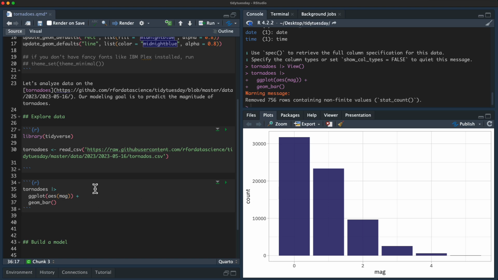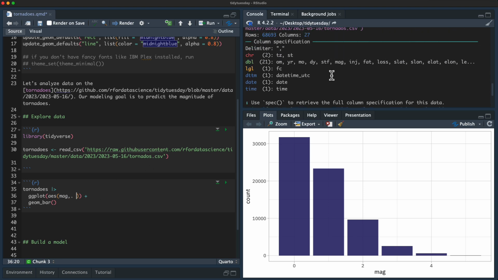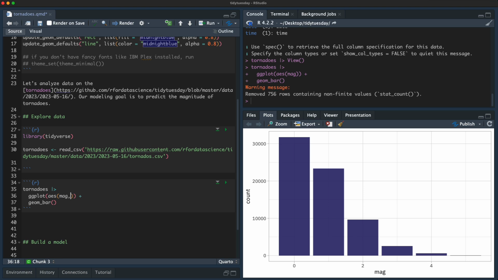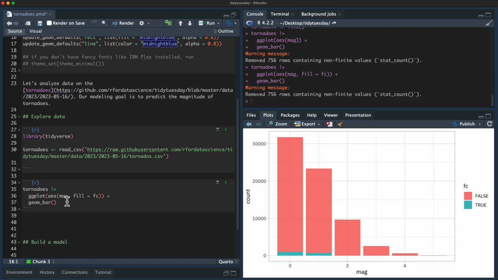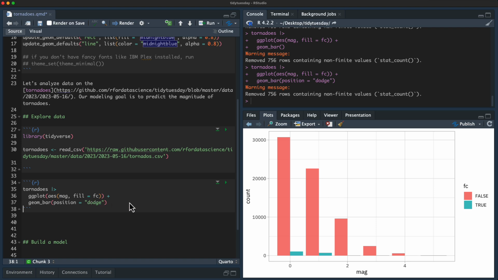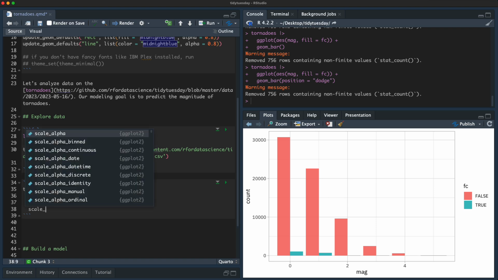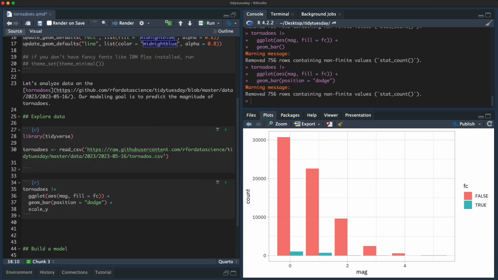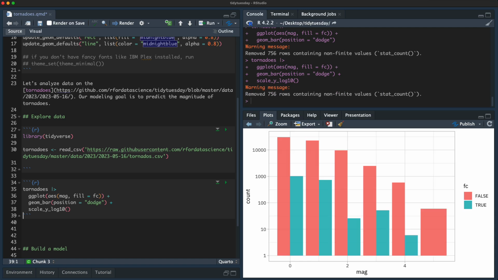One of the variables that's in there, it's called FC, is whether this magnitude is estimated or not. Let's say position equals dodge, like that. And so most of the tornadoes have a real measurement for magnitude, not an estimated one. We could take those out if we are interested in this. Also, I'm kind of interested what this will look like on a log scale, like here.